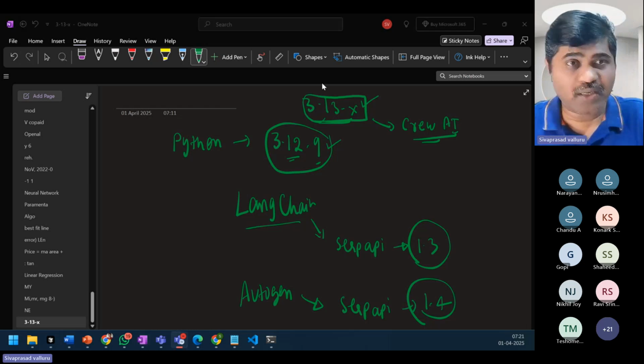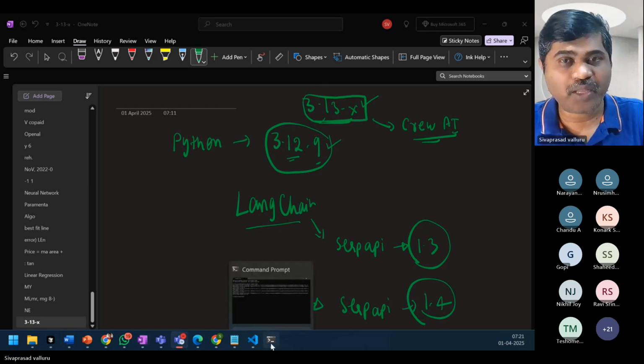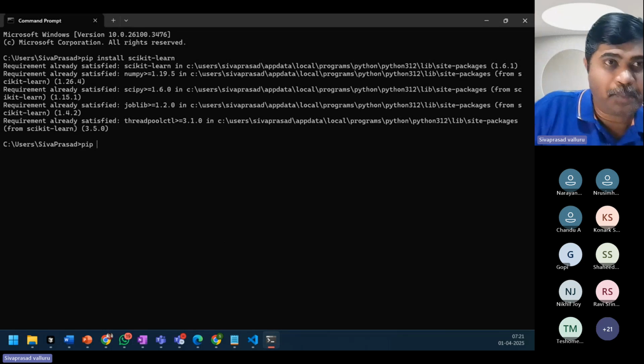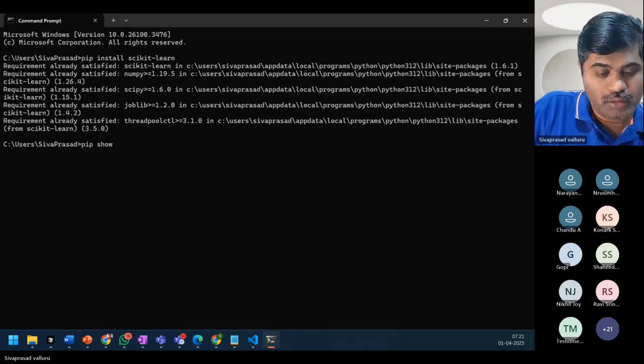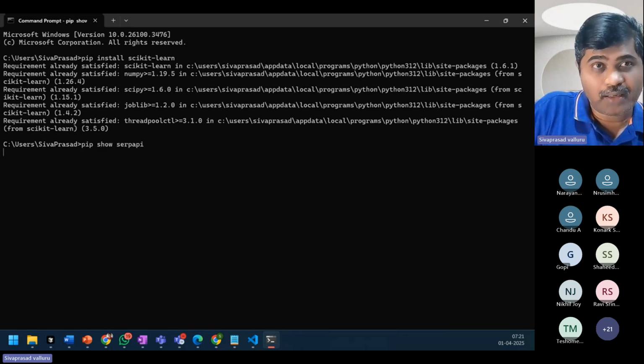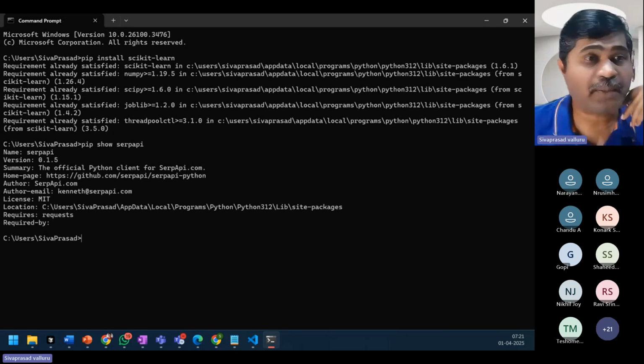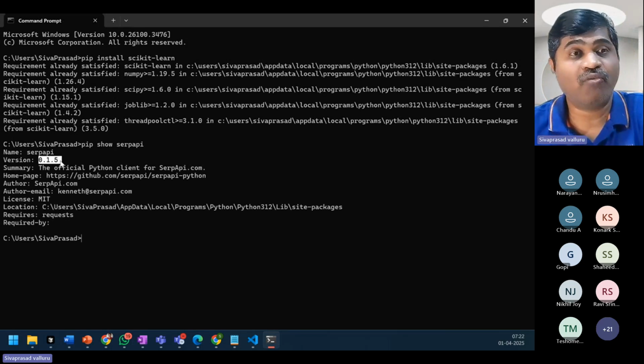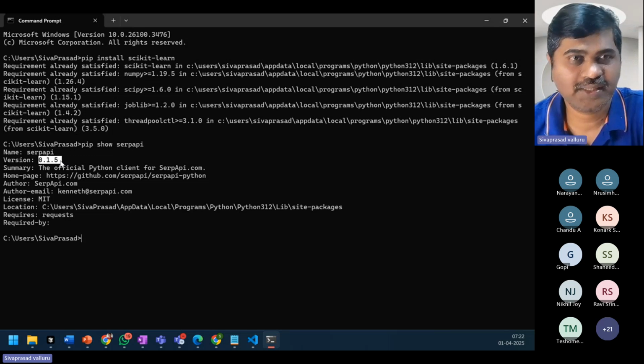Suppose I want to see pip show SERP API. It will show the version of SERP API. Right now, whatever is installed is 0.15.6.